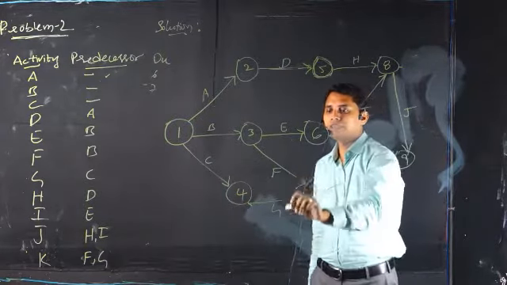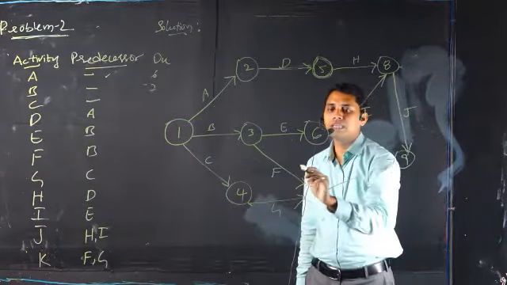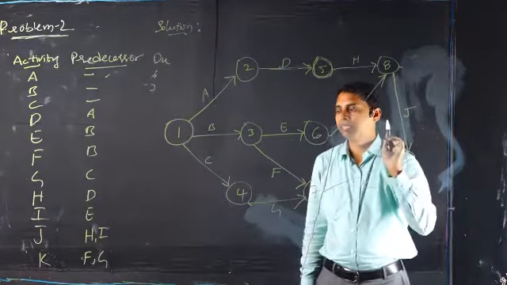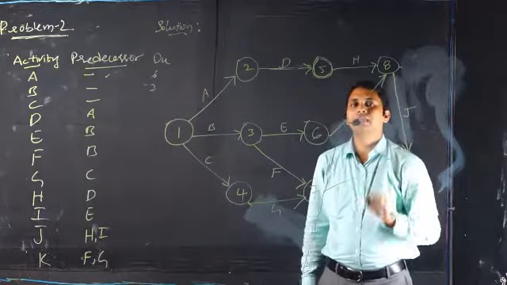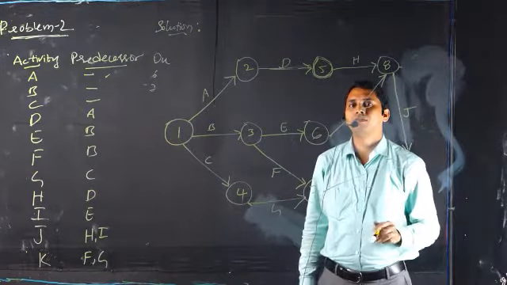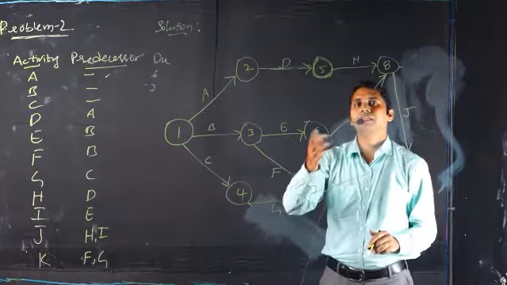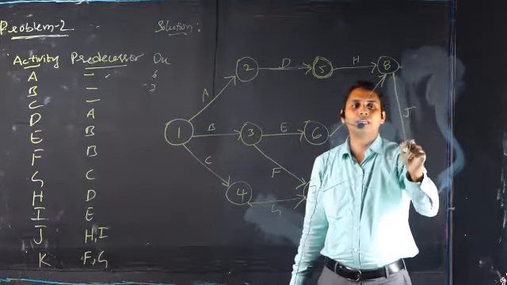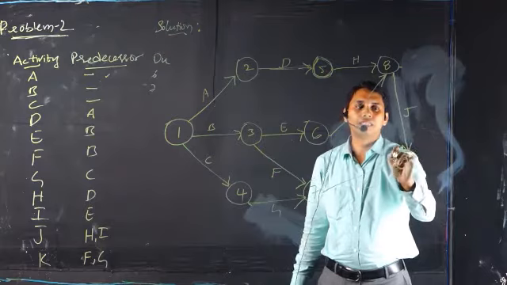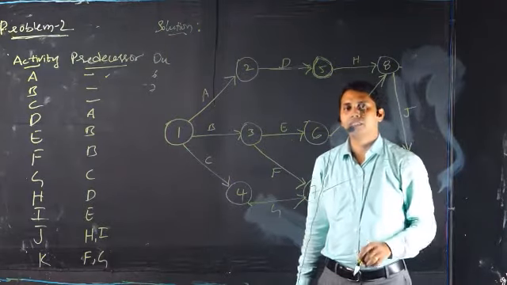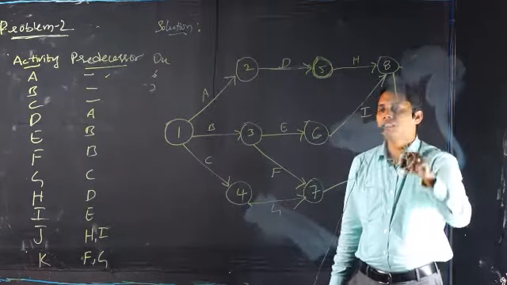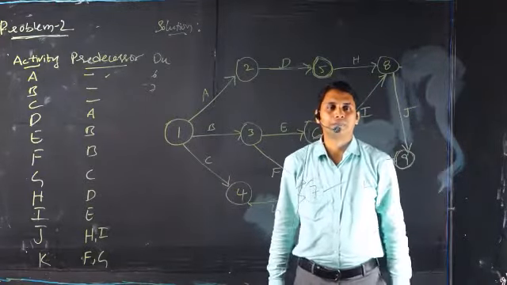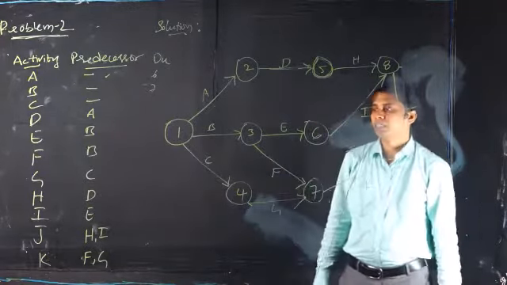So for K, F and G are the predecessors. That's why we have joined the F and G here. And finally, we have drawn the activity K. But after writing the activity K, is there any other activity left over? No. So whatever the activities are idle, like J, must be joined at the last event, that is 9. So that's the reason why at K activity all the leftover activities, that is only J, have been joined here. So in this way we have to draw the network diagram.